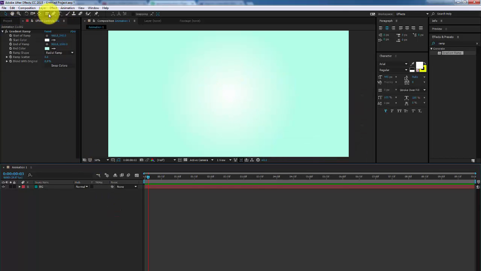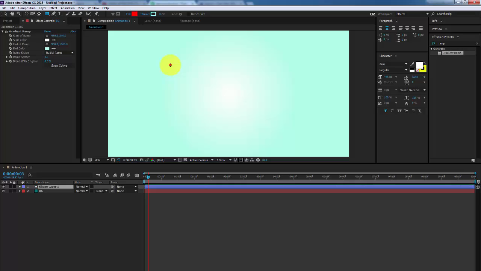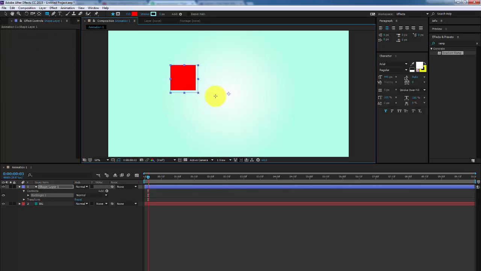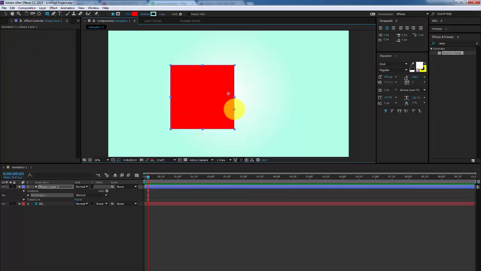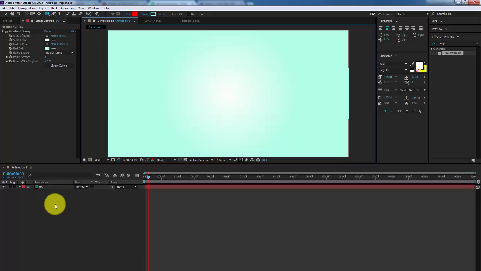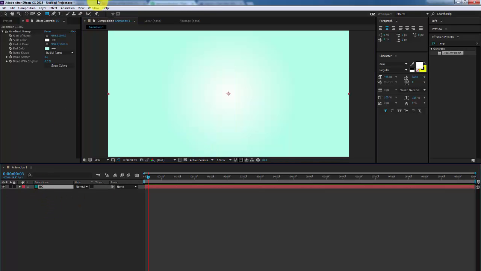Now let me use the shape layers. I am gonna make a rectangle first here, hold down the shift key, so I got a proper axis. Okay, here is the tip. If your layer is selected, any layer, no matter your video layer, your picture, your solid, your adjustment layer, anything, if your layer is selected and then you